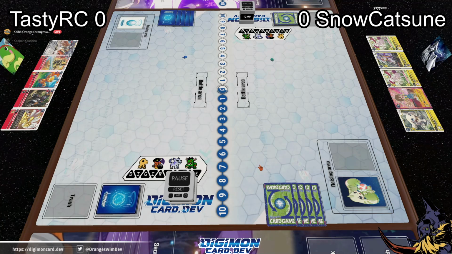Alright, it's gonna be red versus yellow tonight, folks. Right, we do see that Durandamon there in Tasty's hand. Secret Ragna. Or it's just a piercing Omnimon. Honestly, both of those are pretty terrifying. We also see the Zubamon, so...